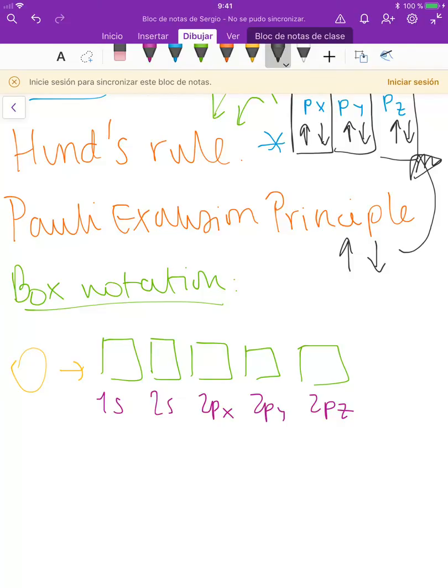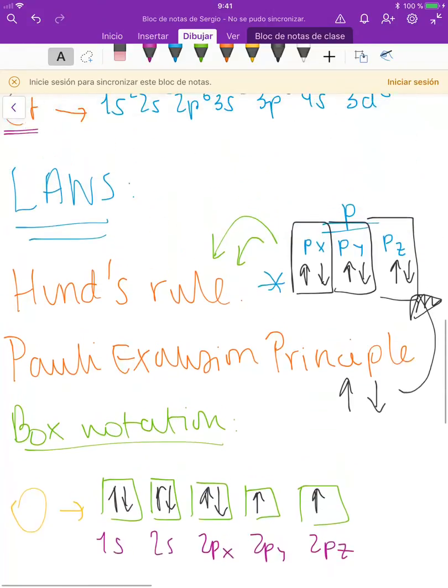The 1s is full, 2s is also full, and then we have 4 electrons in the p subshell. So first of all we go like this before pairing up. Then we fill in the first orbital with an opposite spin. Pauli exclusion principle. So that's basically it, but I just wanted to talk a bit more about the periodic table